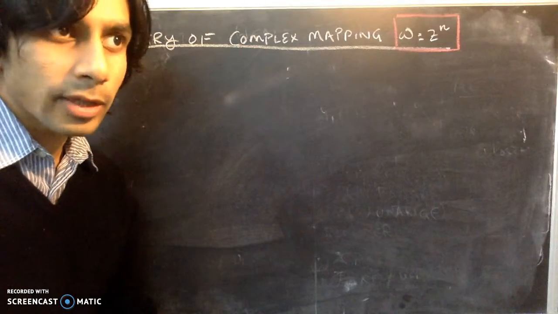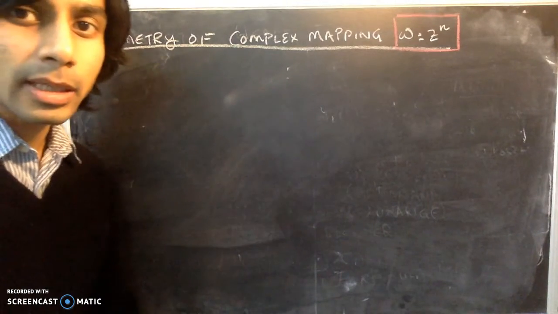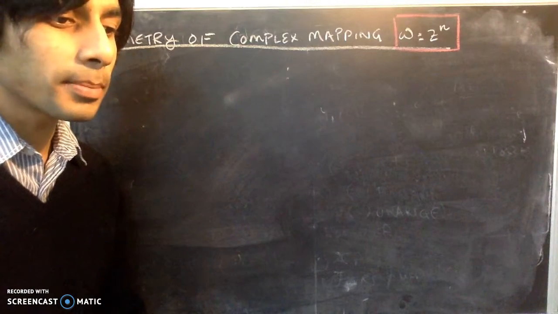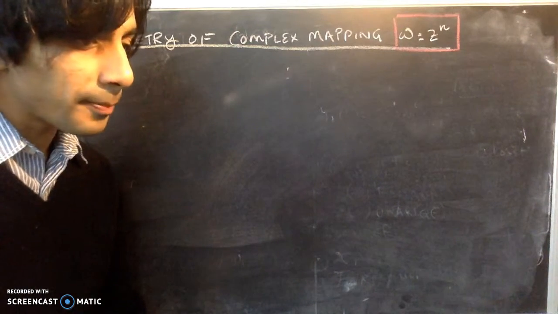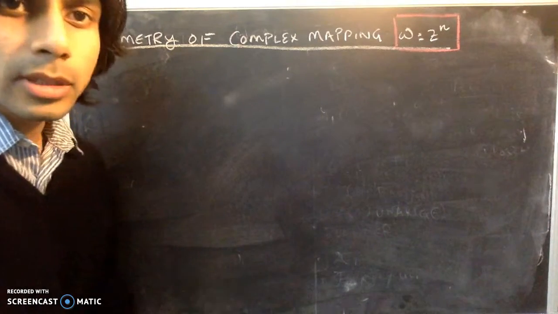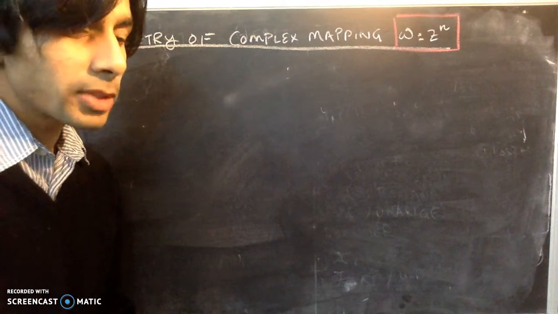In this lecture, let's consider the geometry of the complex mapping w equals z to the power of n, where we'll take n to be some positive integer. If you recall discussions on complex functions, typically when we have to plot a function of a complex variable,